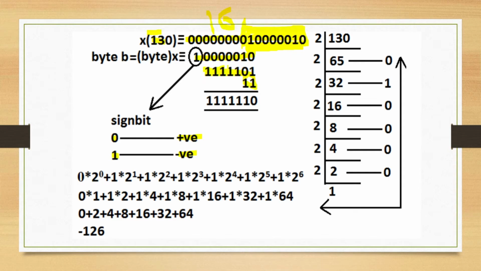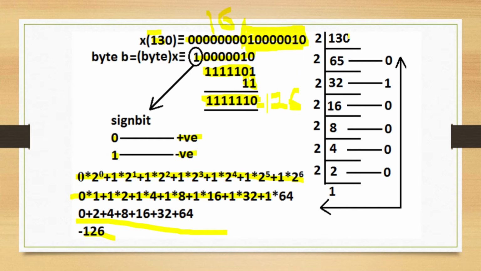So here this operation is taking 2's complement, and after taking 2's complement, this is the resultant value. When we convert this binary sequence into decimal, we will have the value 126, and then the negative sign will be added to it. So this is the conversion from binary to decimal, and this is decimal to binary conversion.